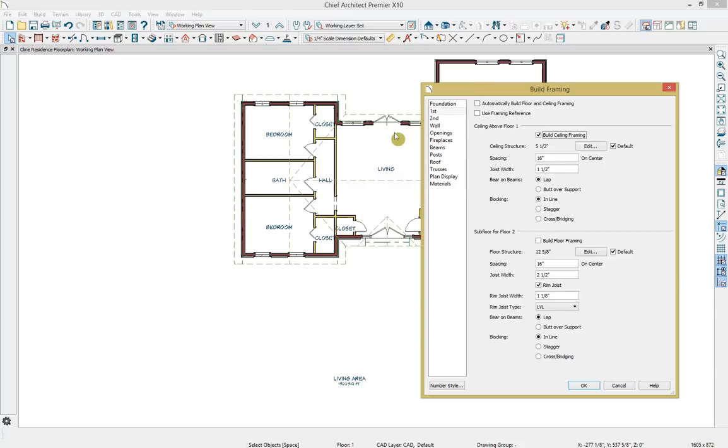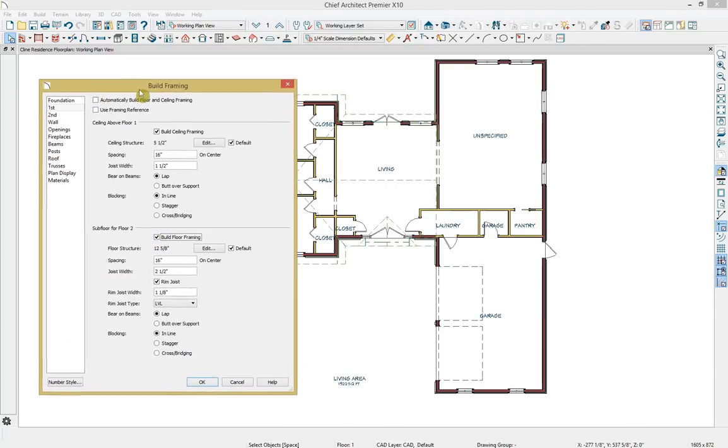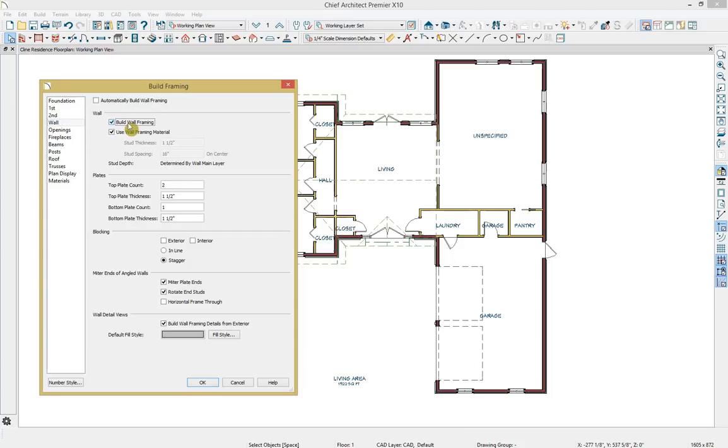over the first floor of our plan, and we do want to build the subfloor for the second floor of our plan. And then we're going to go to the second floor, and we are going to build a ceiling over the second floor. And then we do not have a third floor, so we do not have any subfloor framing options available. Next, we're going to specify that we do want to build the wall framing, and then we